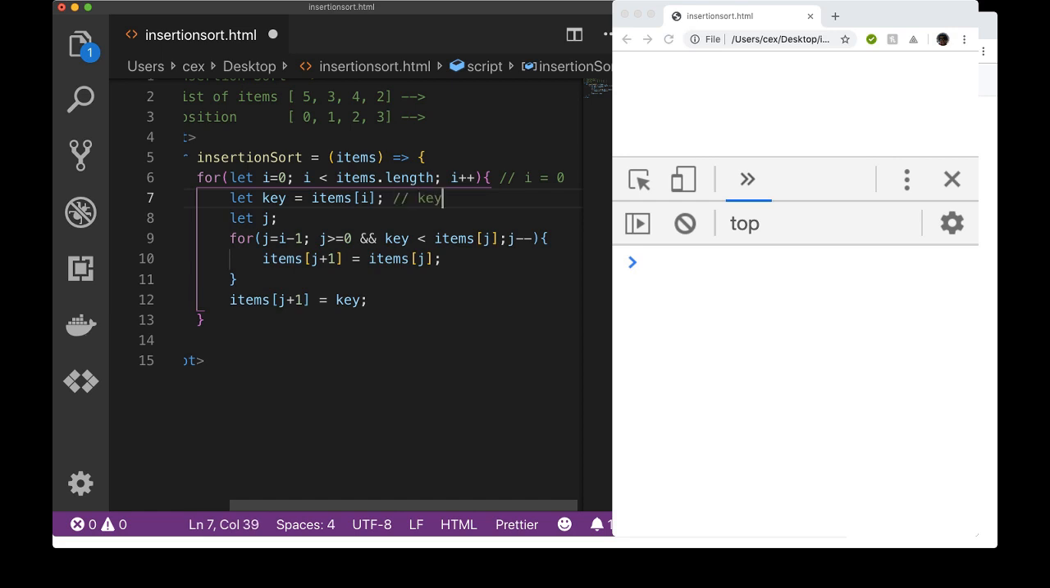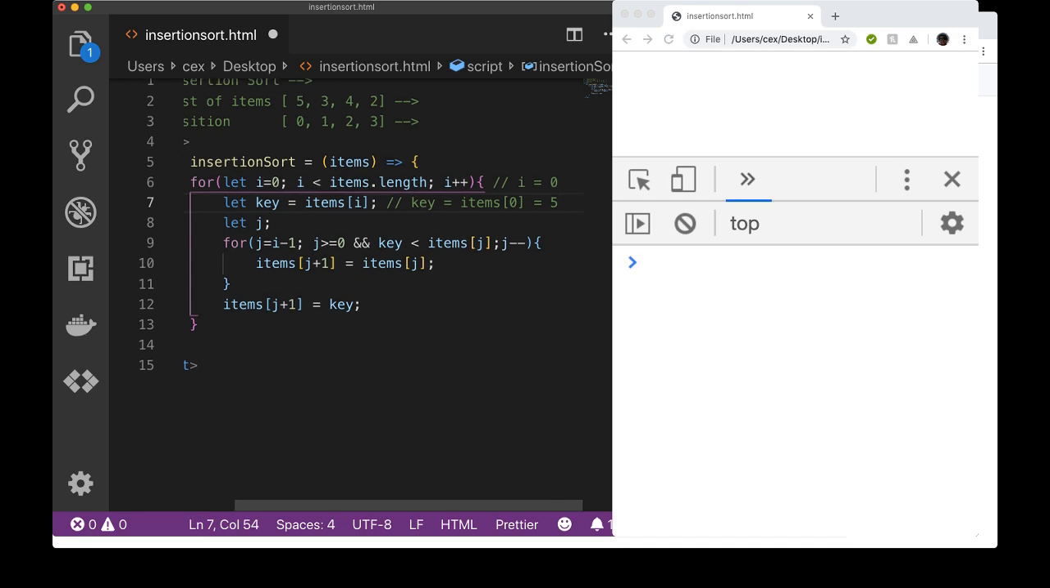So what would be the value of key? We are at item of 0. On item of 0, at position 0, we have 5. So we will have 5 as the value of key to start with. Then what would happen is, the value of j,